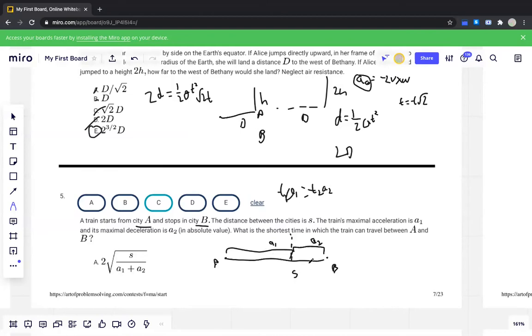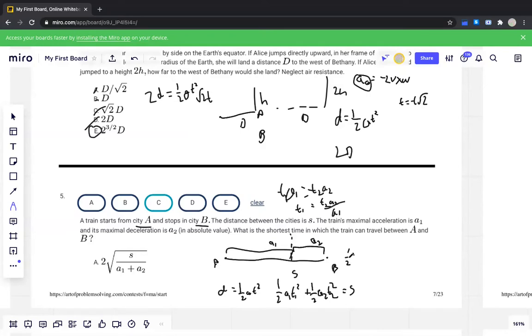And then for the distance, we know that the total distance must be equal to S. So distance is given as d is equal to 1/2 at squared. So this means that 1/2 a1 t1 squared plus 1/2 a2 t2 squared is equal to S. So now all we have to do is plug it in and solve the system of equations. We can use substitution because T1 is equal to T2 A2 over A1, and we can plug this value of T1 into the equation, so we get